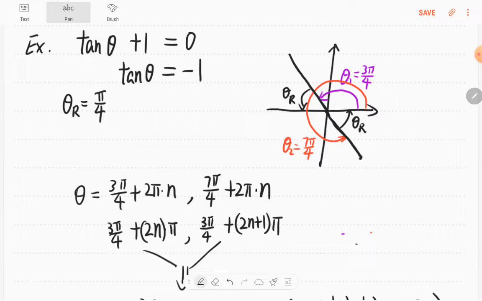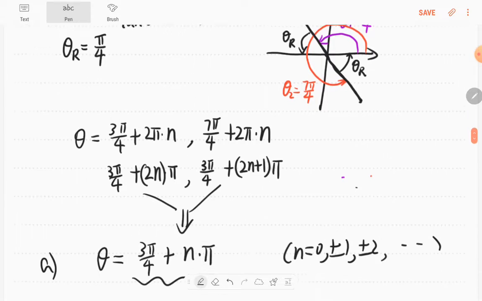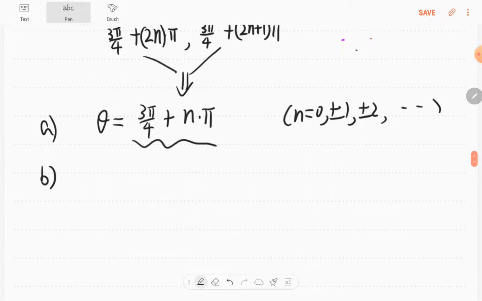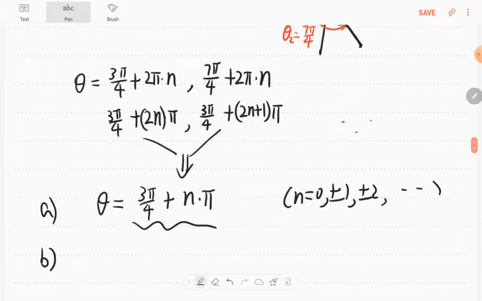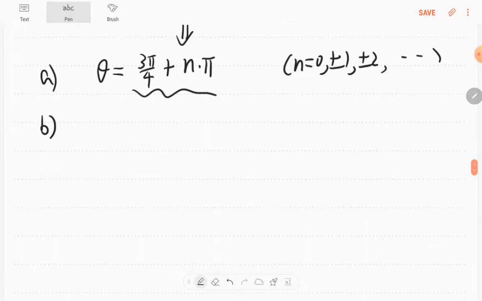One of the reasons is the tangent has the period pi, right? So no matter what it is,